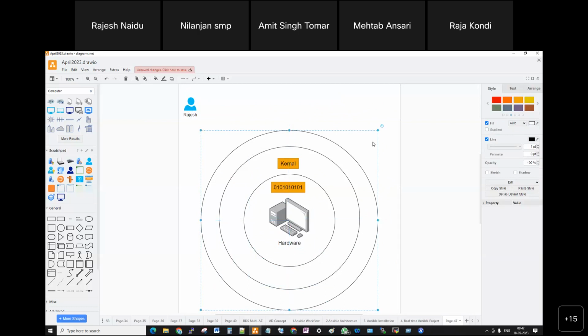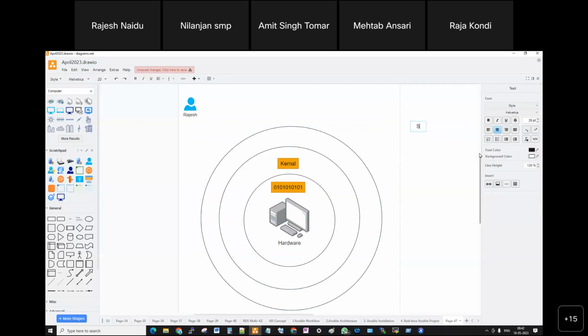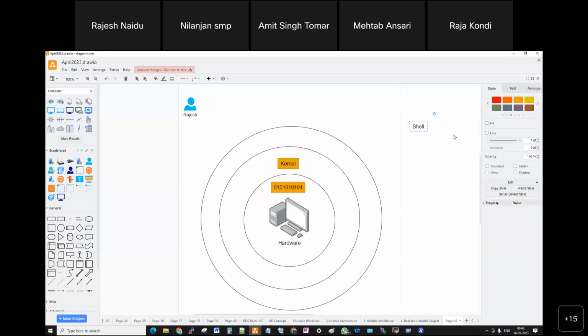Do you know what this is called? Shell. Shell is developed. So here is a shell. With the help of shell, I can give the inputs to the kernel. Kernel will talk to the hardware and I can do my job. My work will get fulfilled.